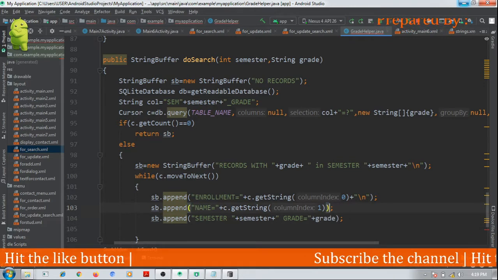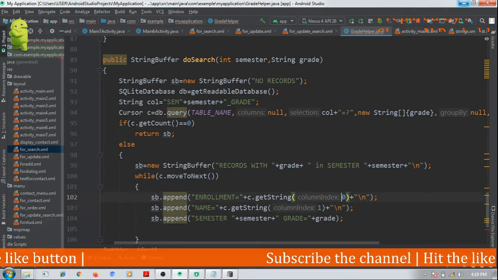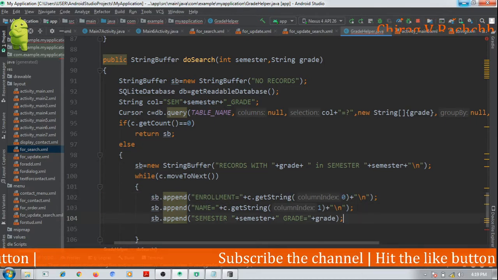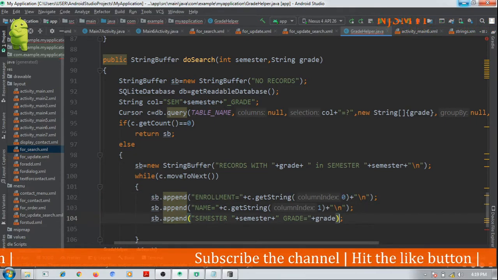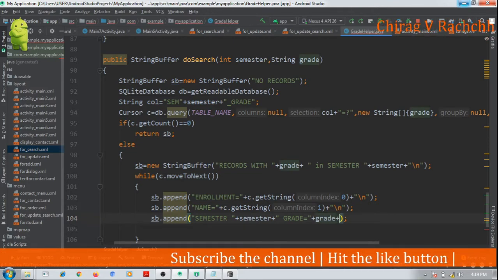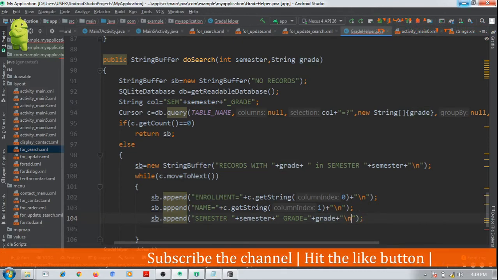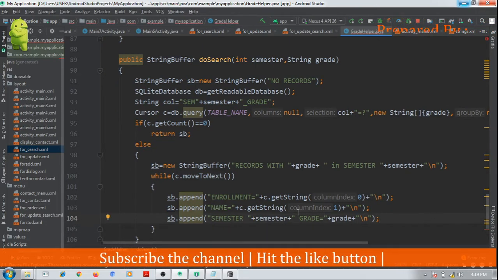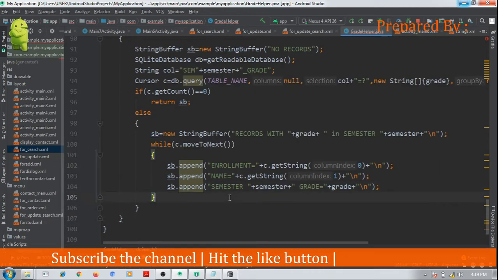Okay, and slash n. Again we will put slash n. Okay, this loop will continue until all the matching records are traversed.